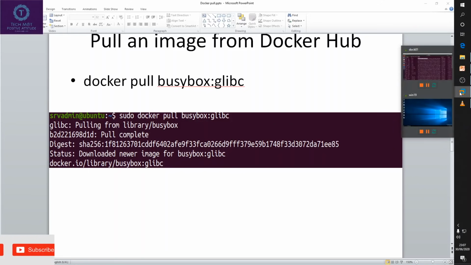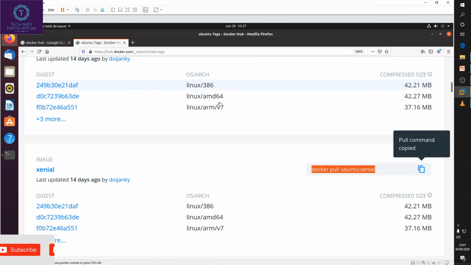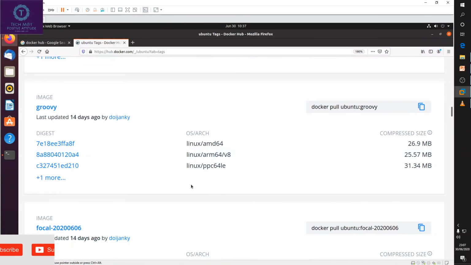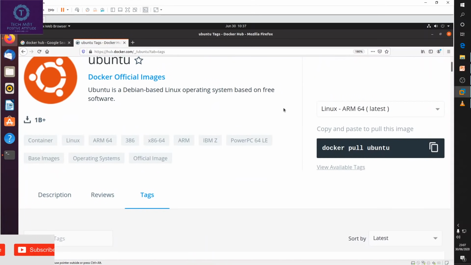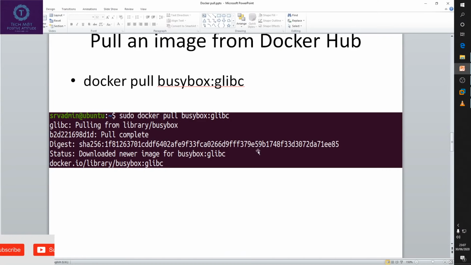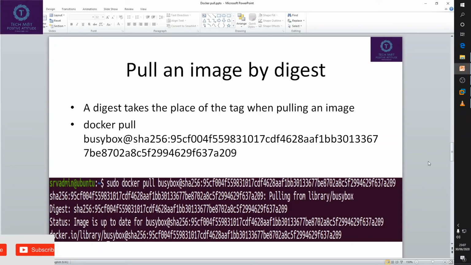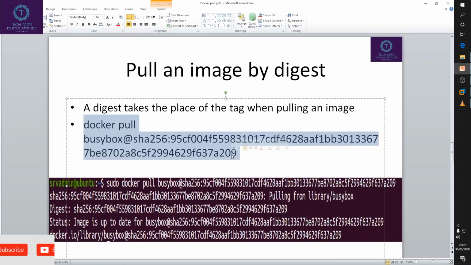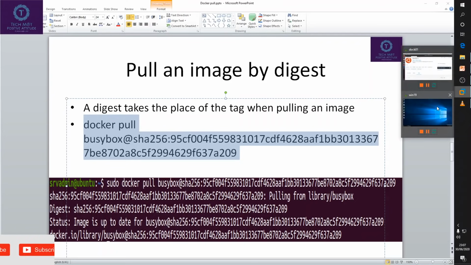You can download any images, any tags that are mentioned here. Let's move to the next command. Next, by digest, you can pull the image from its digest. That is this code. Copy this. If this image is not in your system, it will download from Docker Hub.